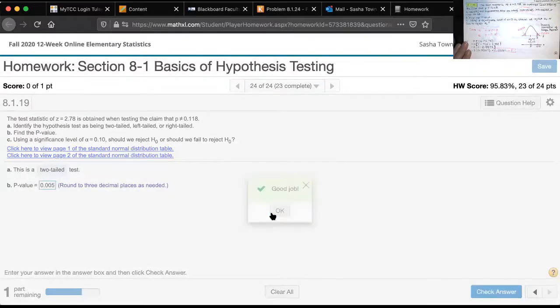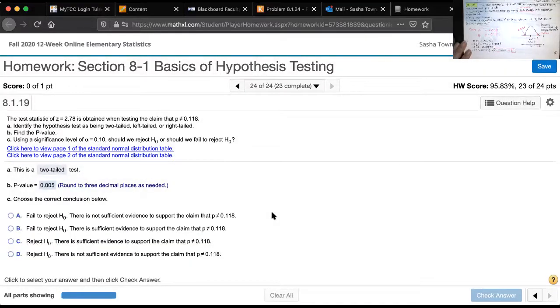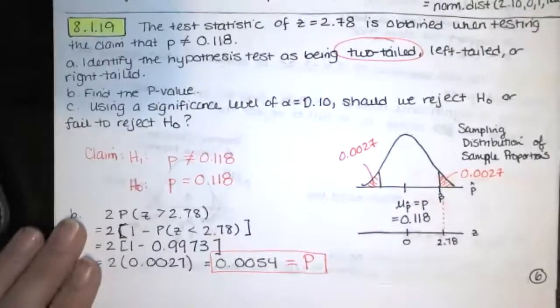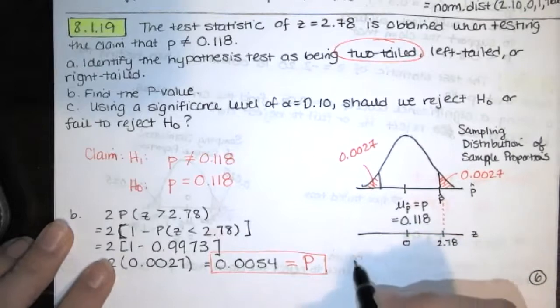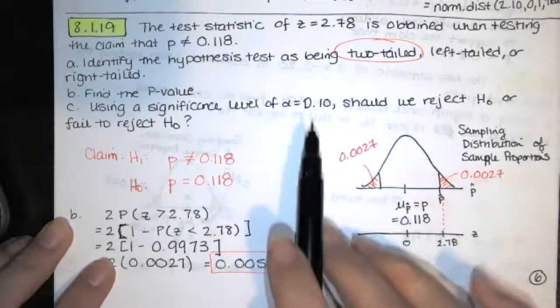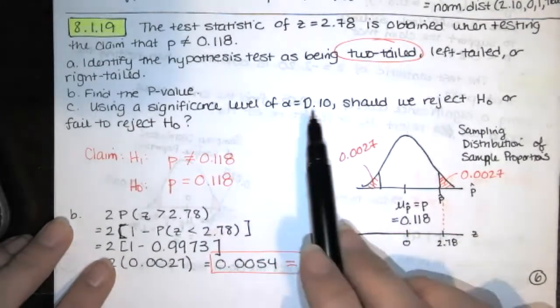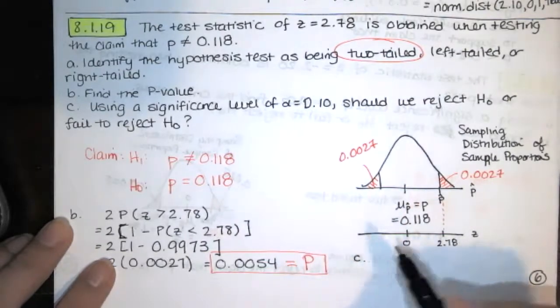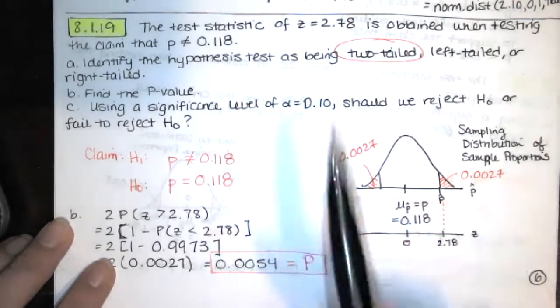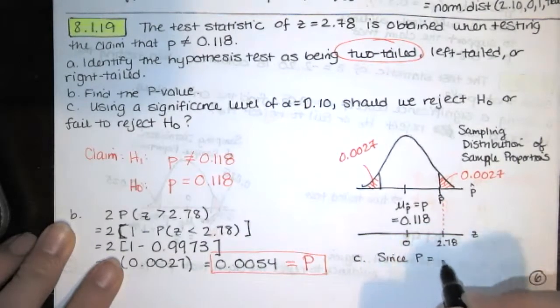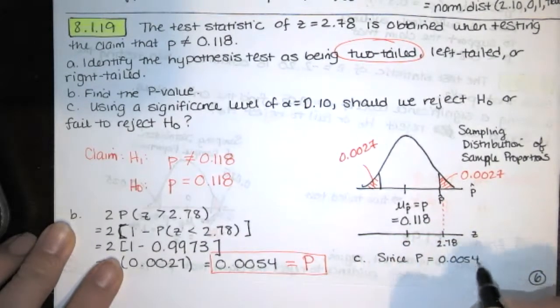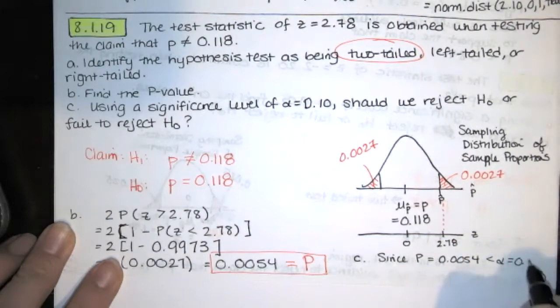Okay, great. And now we're asked to state our conclusion. So again, I'm thinking about that rare event rule. Our alpha level is 0.10. So what we do is we compare this p-value to our alpha level. We'll say since p, which is 0.0054, is less than alpha, which is 0.10, since that's true,